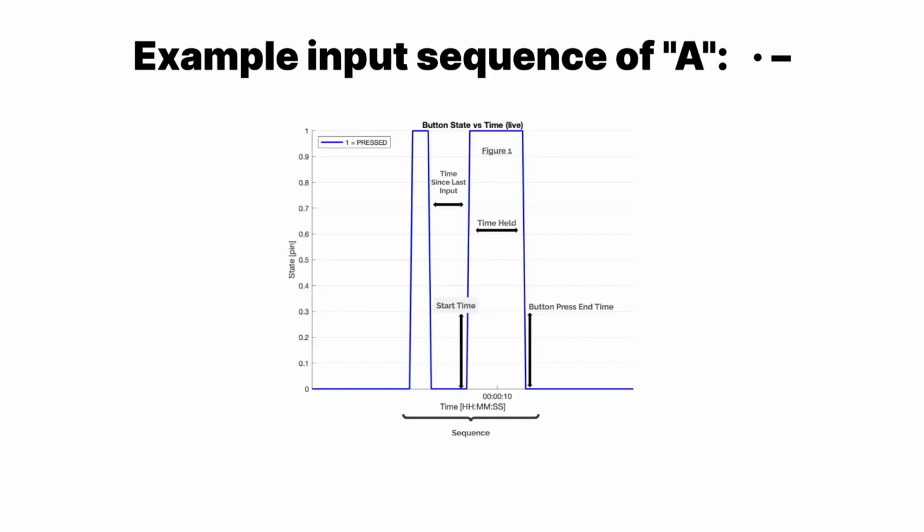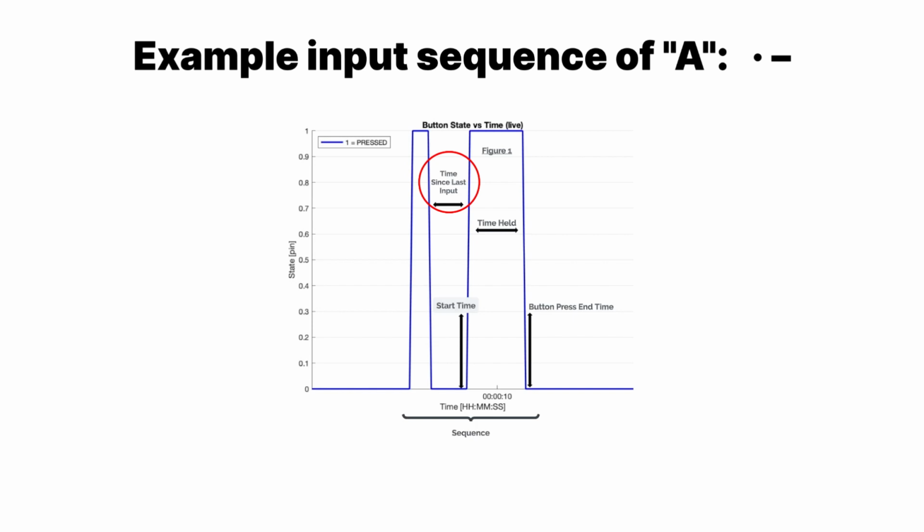Here, we have a graph that demonstrates how the program uses the input sequences to be translated into Morse code that the program can read and eventually translate. Focusing on figure 1, the figure represents the user communicating a signal, which in this case is a dash, to the program. To translate the inputs into Morse code, the first step is to check if there was a previous input. If there was a previous input, the time since the last input will determine the space between